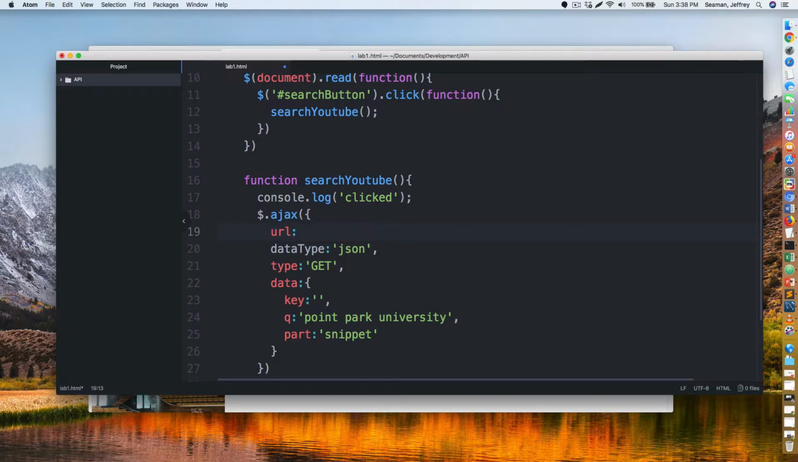So we're going to call the Google API. Oops, we need this here. HTTPS googleapis.com/YouTube/version3/search. All right, perfect. And we'll put a comma here. So we have JSON, we have get, and now this is where you want to